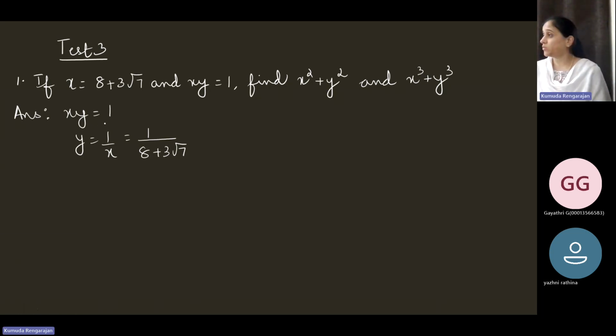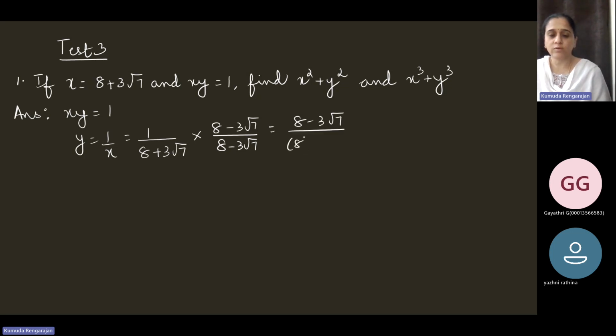So xy is equal to 1, which means y is 1 by x, or 1 by 8 plus 3 root 7. So rationalize the denominator: (8 minus 3 root 7) divided by (8 minus 3 root 7). So you get 8 minus 3 root 7 over 8 the whole squared minus 3 root 7 the whole squared,